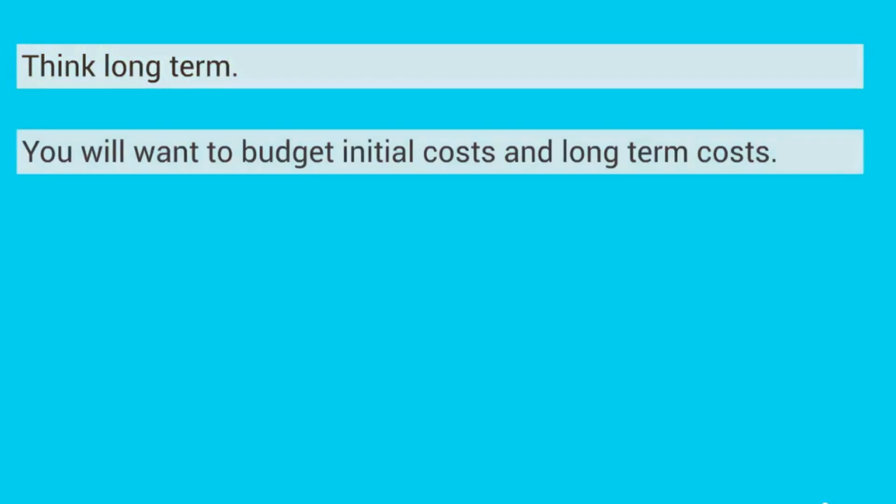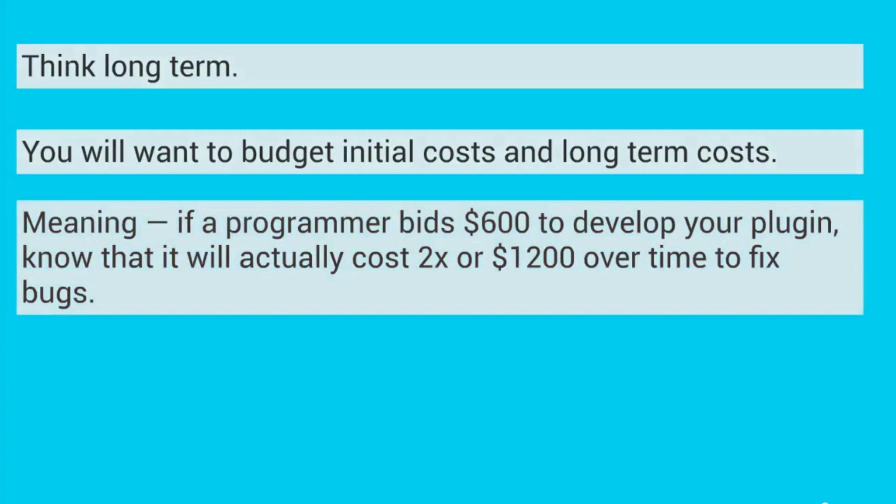You will want to budget the initial costs and the long-term costs. Now, what do I mean by that? This is what usually happens. If a programmer bids, let's say, $600 to develop your plugin, know that in reality it actually costs 2 times that. So normally it would cost $1,200 over time to fix bugs. Yes, it might be $600 for the initial, but there are going to be bugs